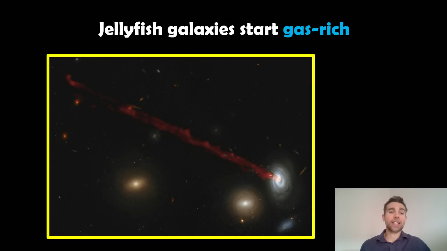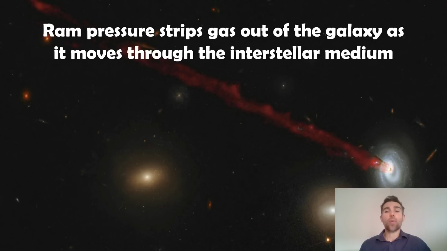Now, jellyfish galaxies typically start out quite gas rich. They have lots of gas in them. So think spiral galaxies, a young spiral, lots of gas in there. You're going to get lots of star formation as a result of that. But what happens is these galaxies are moving in the galaxy cluster, and as it moves through the medium in the cluster, I put interstellar medium, it's probably intergalactic cluster medium, whatever the intra-cluster medium, whatever the correct name is.